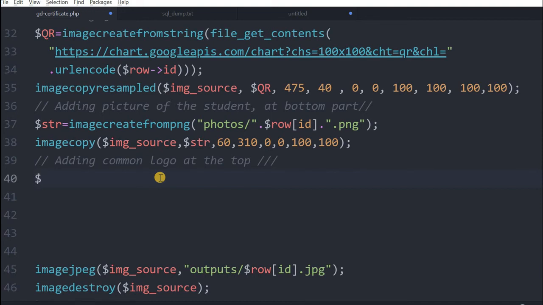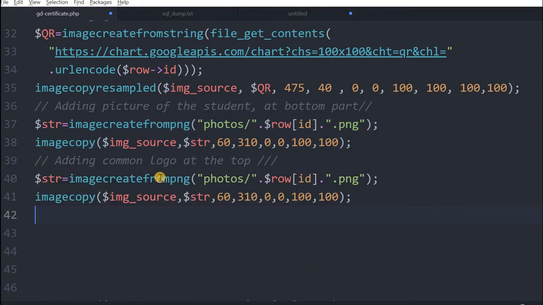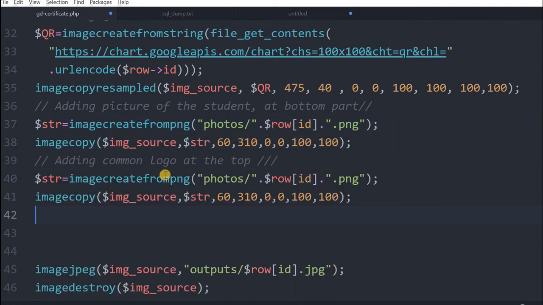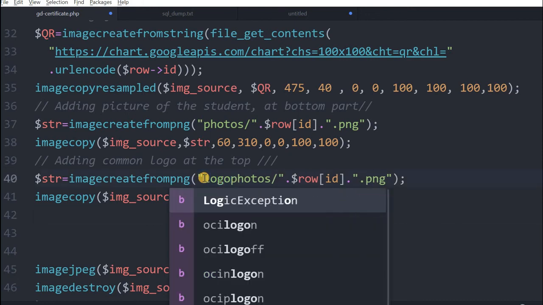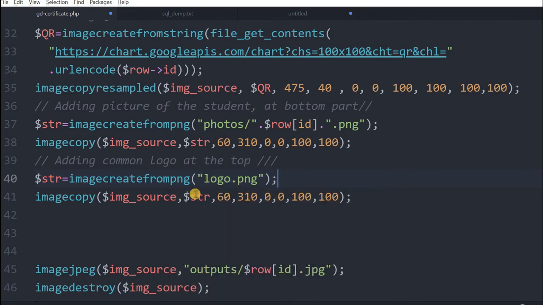So now, one thing I'll do, I'll just copy this code and paste it here. Fine. Now this code I will change. So instead of writing all this, because this is a logo, a sample picture is there inside the zip file, I will just change this. That's all, because there is nothing dynamic, it's common, so there is no ID or anything to be taken.